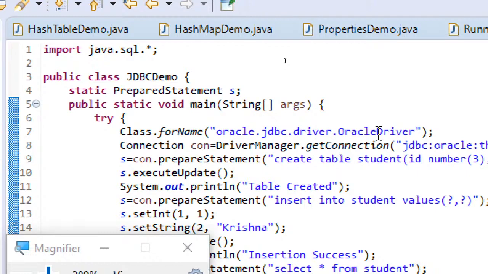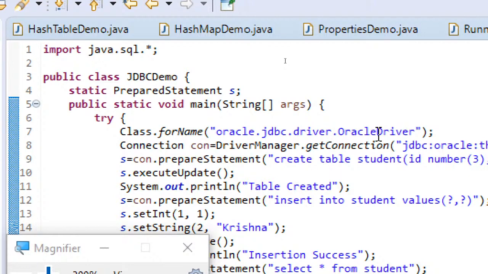During the installation process you will be asked for the password, and remember that this password is for the system account, and then you can proceed with the installation. Once the installation is successful, you can open SQL Plus and check whether you are getting connected or not. Just as I have shown, give SQL Plus in the Windows search and open it, give the username as system and the password which you provided at the time of installation.